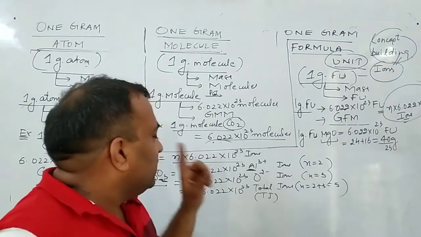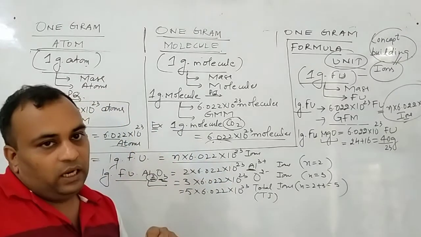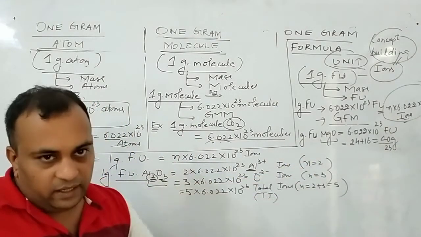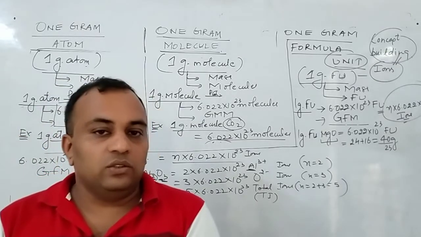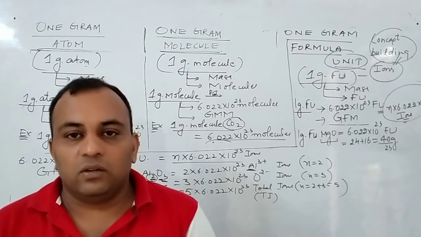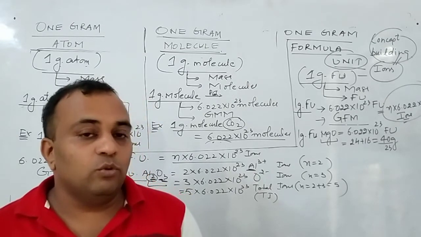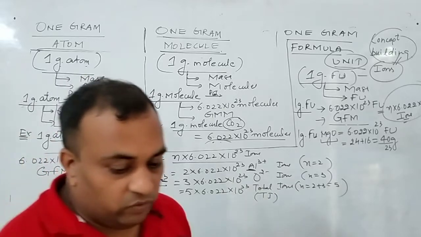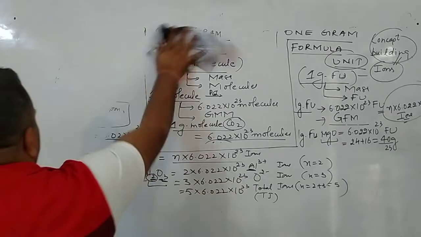units, and as far as an ion is concerned, it contains n times Avogadro number of ions, and you know how to calculate the n. So this is the historical concept of mole that I have told you. This is only for theoretical part or concept building, but as far as numericals are concerned, we will do them in mole concept. Okay, chaliye. Now we'll shift to the next topic of today, that is percentage composition.